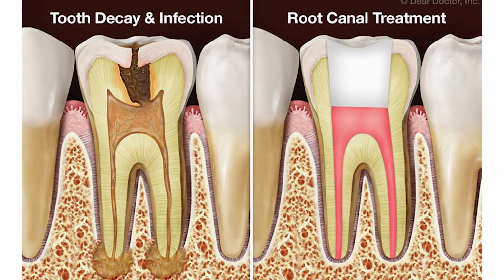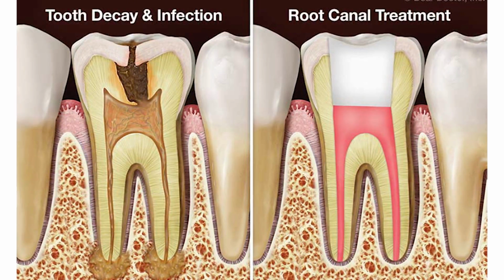This will also prevent future infections because let's say some bacteria get down their way by these canals. Well, now they'll be stuck because they have this material that's blocking all the canals. Then once all these canals are sealed, the dentist will either put a filling or a temporary crown on the tooth. Usually when a root canal is done, it means that tooth will need a crown, especially on